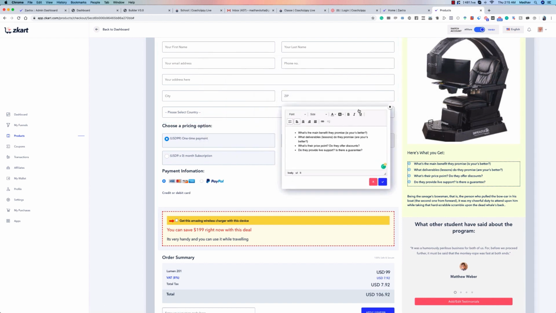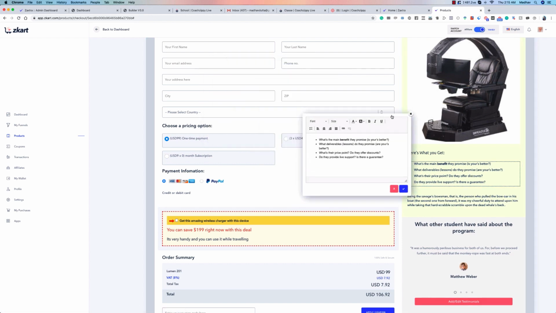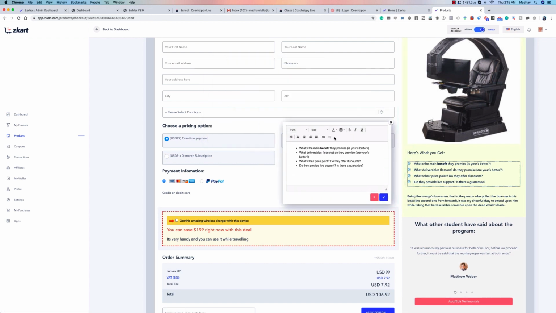So the text in those blocks, you can change around. The moment you change the text there, you'll have those changes reflected over here. You can make a few words bold, like I've done over there, or so many other such things. So it's totally customizable, and you can make a checkout page